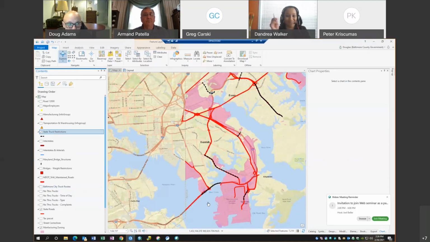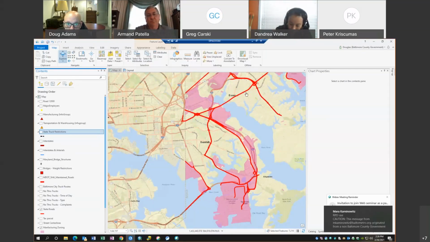I like easy. So the roads here in red, and if I first turn off the restrictions for a second, all of the roads here in red are state roads. So they've been mapped to the inventory of state roads in the county. And the one concern I've got is this road right here that already has some type of state restriction on it. So that one might be something with a question mark. But otherwise, are there any objections to making all the roads up to, I guess that's what, 150 up there?